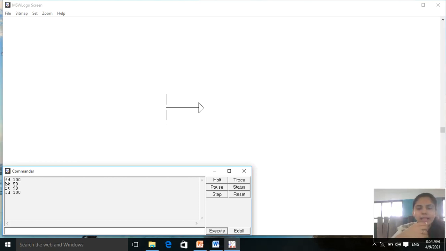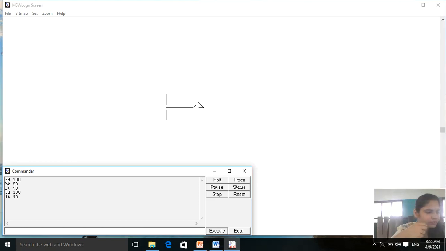Now is the LT command. LT, that is the left turn. LT means left turn. LT command is used to turn the turtle's head in the left direction. The turtle will turn its head in the left direction with an angle specified in the value written after LT. So LT means it will only move in the left direction. So let me try LT 90. So it moved in the left direction. Yes. In this way it will turn its head to the right and left direction.